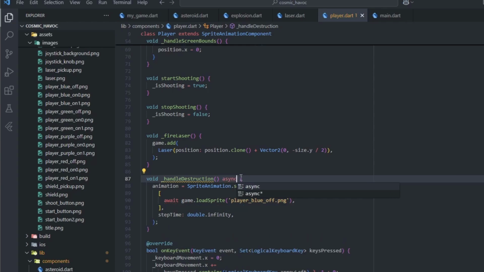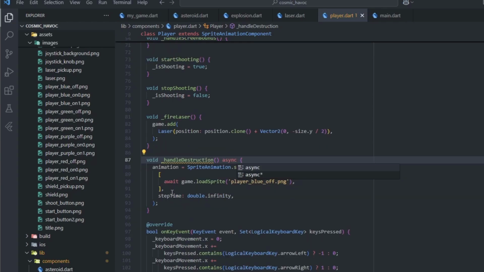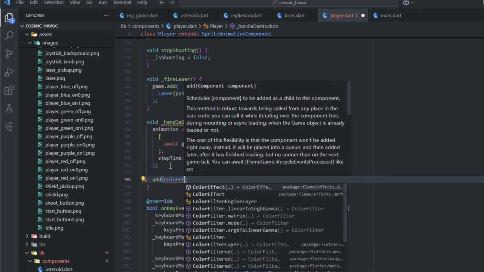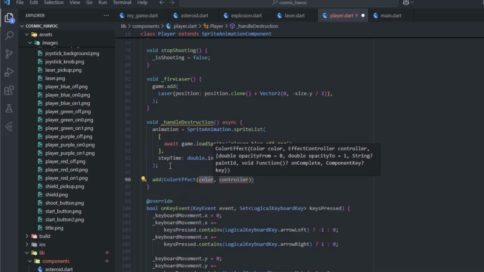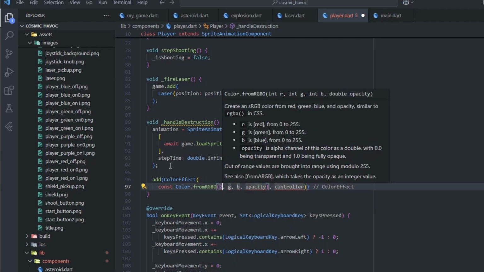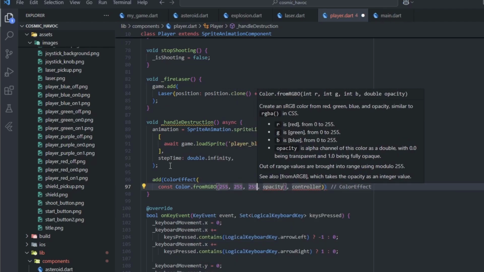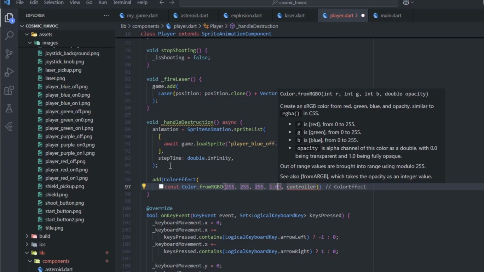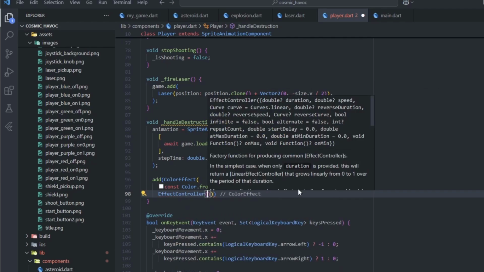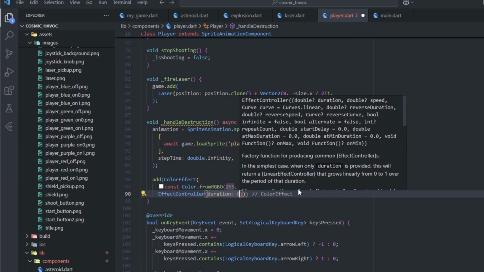Next, to make the sprite turn white, we can add a color effect to the components. So let's do add color effect and import the effects package. With this, we have to provide the color to change to, so let's make it white by doing const Color.fromRGBO 255, 255, 255, 1.0. Then let's set the controller with EffectController, and to make the effect happen instantly, we can set duration to